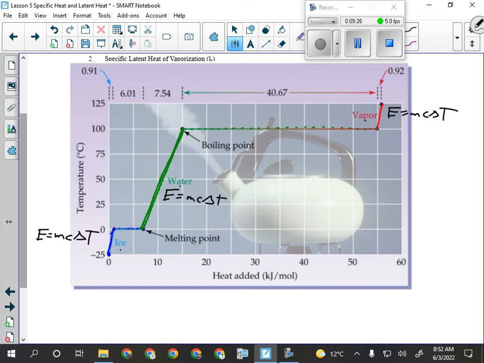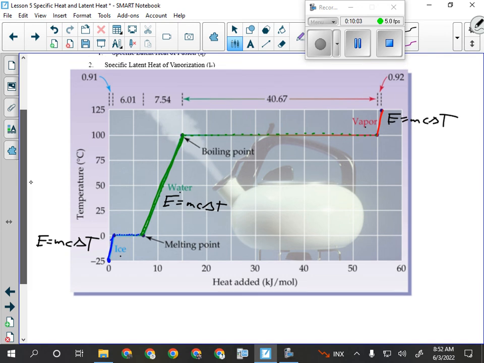Now, as I just said, that formula is not going to work when ice is melting or water is freezing, or water is evaporating or steam is condensing. I can't use it in those 2 places because it involves change in temperature. Energy is being added here, but not kinetic, only potential. So I need formulas that can calculate my latent heat. That's what goes on in these 2 parts. The latent heat is changing. The potential thermal energy is changing.